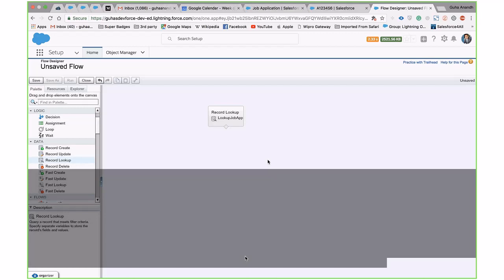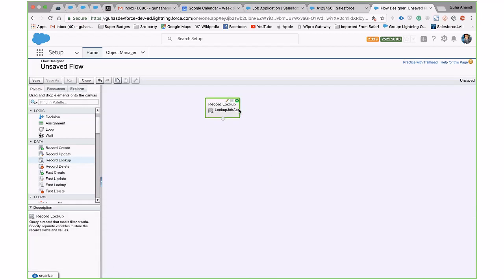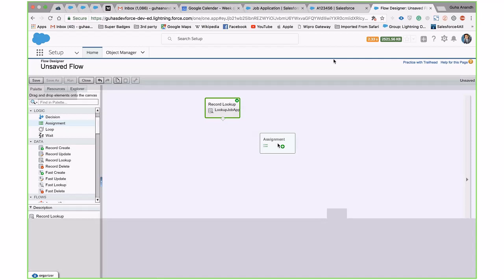So now this element has been defined. So this is step one. So I'm going to make this a start element because my flow is going to start with this element. So once you click on this green icon, that will be set as the start element for the flow. And then, once this is done, let's do assignment. So this assignment is basically,